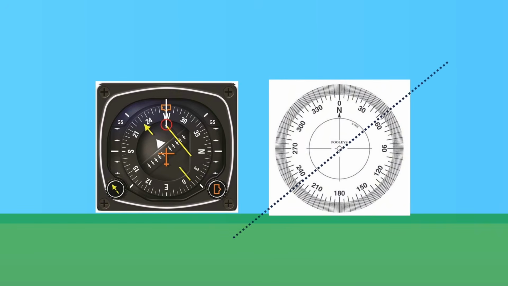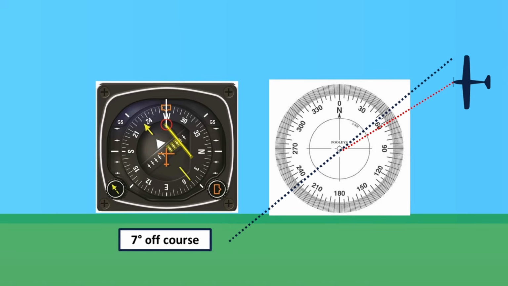If we pause at this moment in time with our aircraft pointed due west and a right turn needed to get back onto our selected course, the course deviation needle and the deviation scale can also tell us which radial we are currently on. In the example shown, the course deviation needle is 3.5 notches to the right of our artificial aircraft on our instrument. Each notch is 2 degrees off course, so this means the course deviation indicator is telling us we are 7